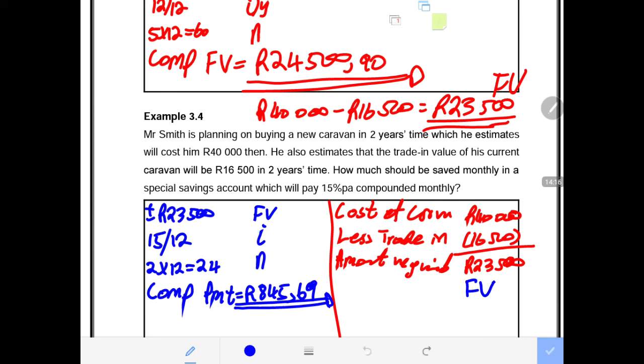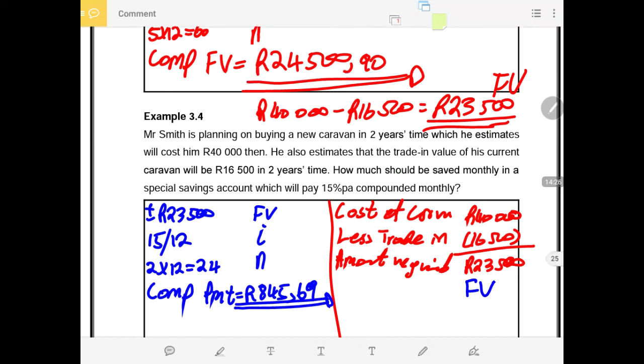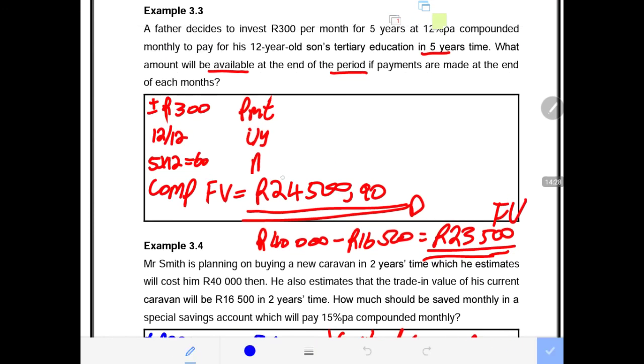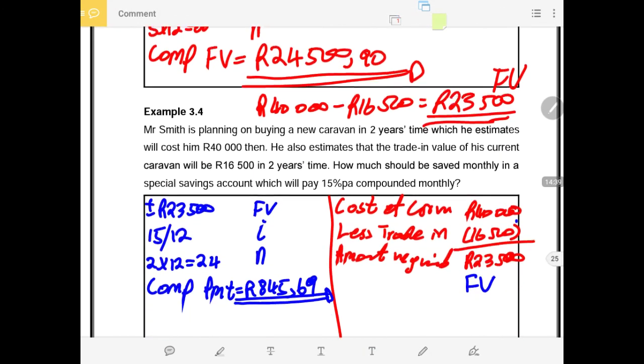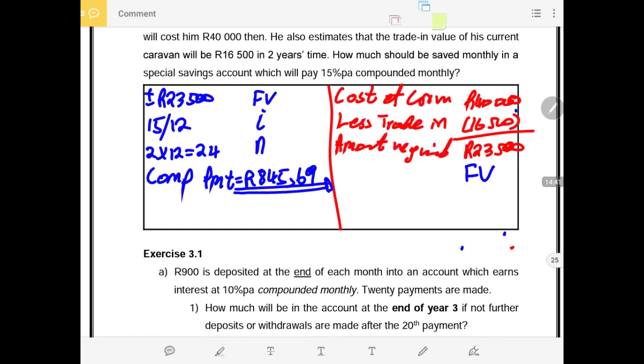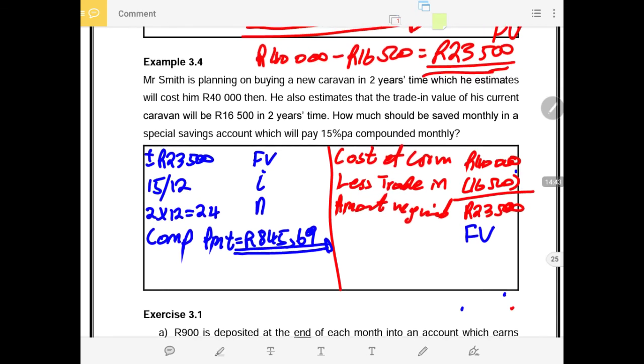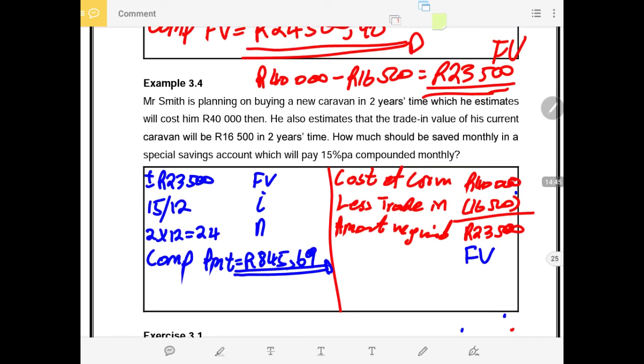So now this will be the PMT, and I love this fact that previously we were calculating the future value, but now we are calculating the payment. What does that tell you? That means we can move from the future value and calculate the PMT. So that is also very important to note, and we'll be dealing with that as time goes by, with different approaches to the way we approach these questions.